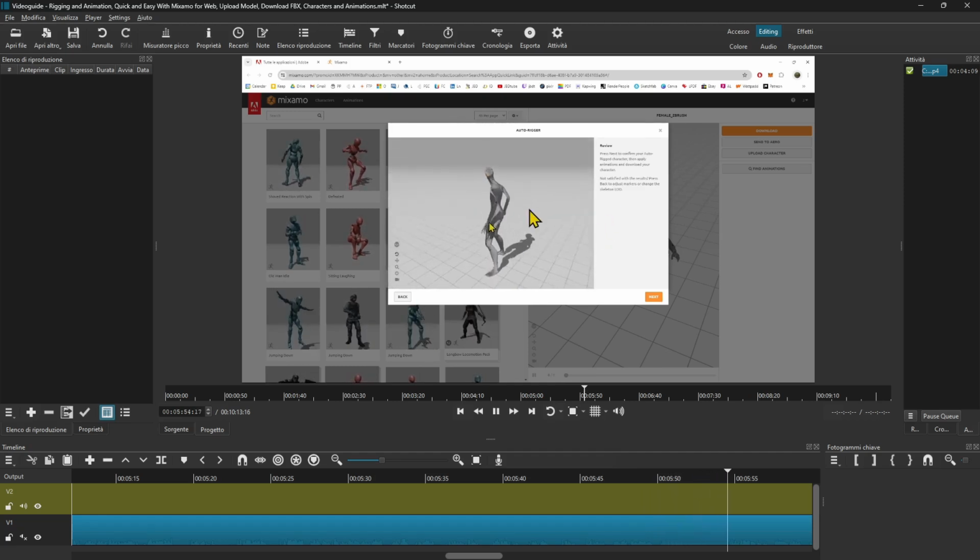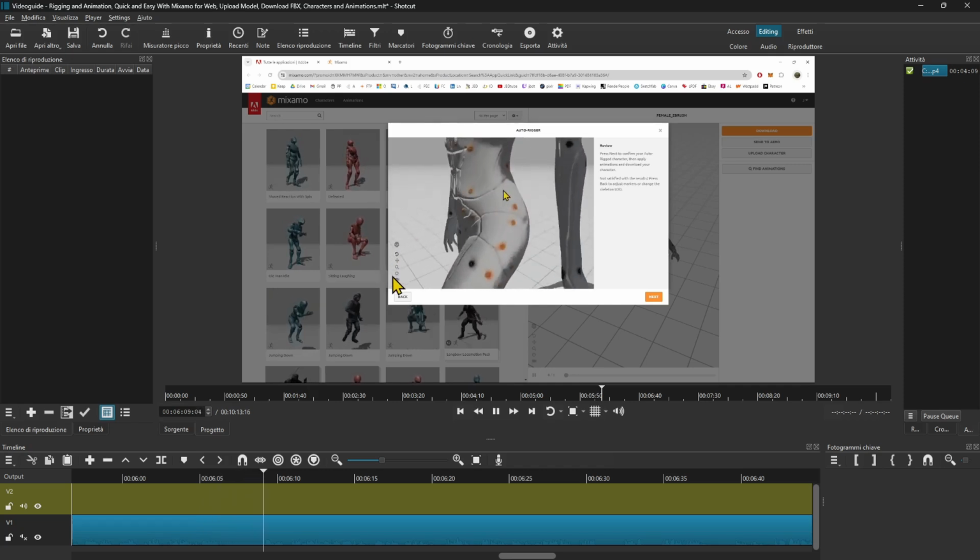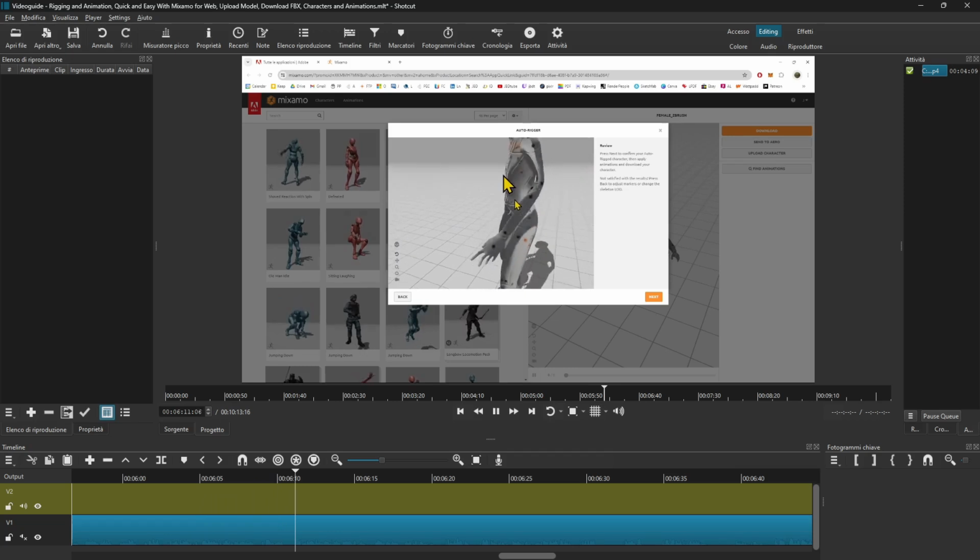So I think it's going pretty well. You can zoom in, zoom out. You can use the animation. You can click with the left mouse if you want to orbit. You can click with the middle mouse if you want to pan. You can scroll the scroll wheel if you want to zoom, and you find also the animation tools on the left side. So you can zoom pretty close and see if everything is going right, or if there is too